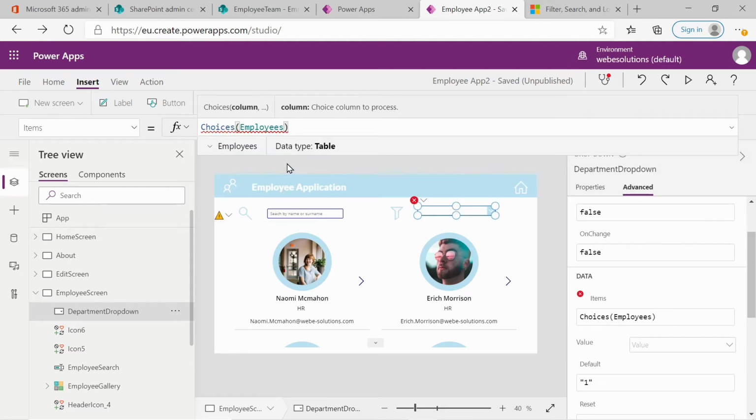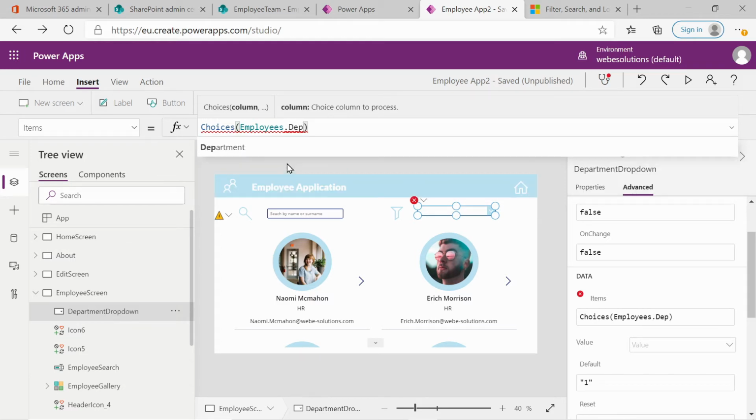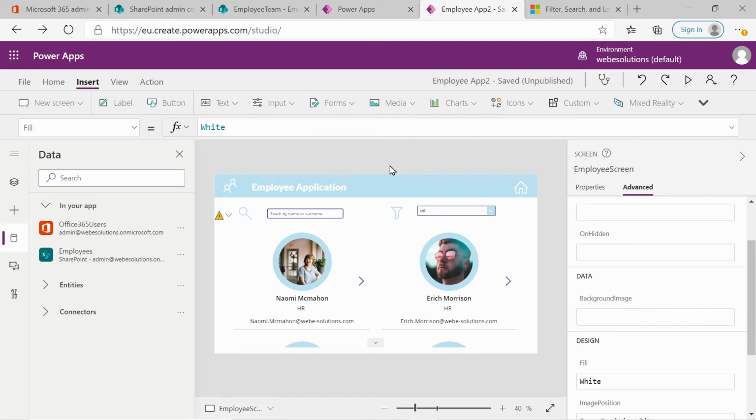If we select employees and type dot and select department, and click outside of the formula bar, you see now we have departments listed in our drop down. If we hold down the Alt key and click on the drop down, you can see we've got HR, sales, marketing, and IT. So we need to have a default value. Currently it's selecting HR, so if we're using that as a filter, it's going to only filter the items from